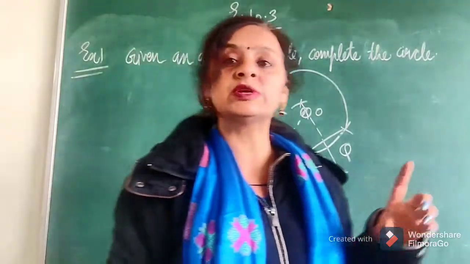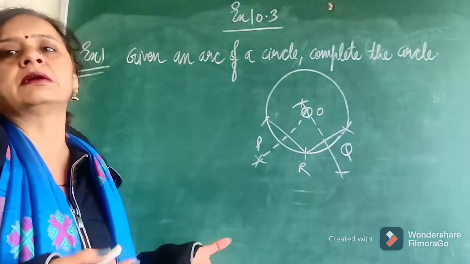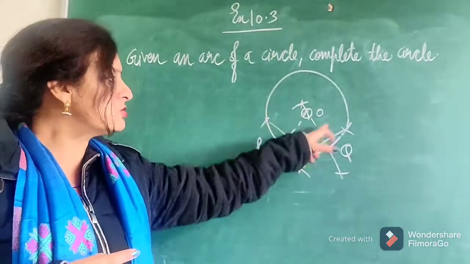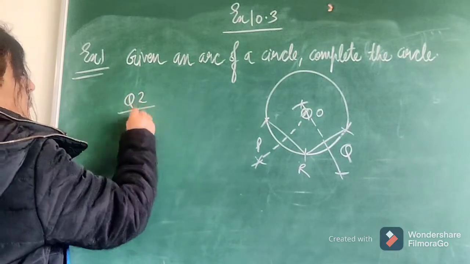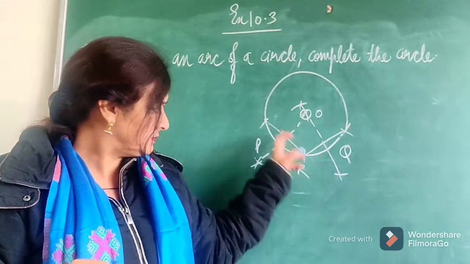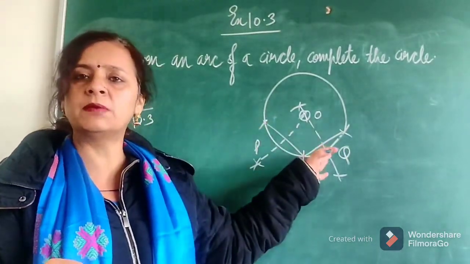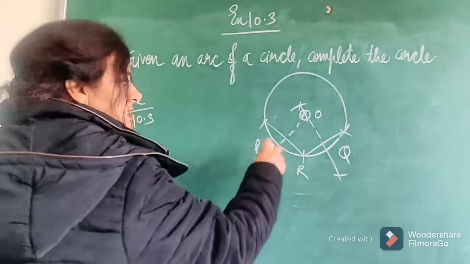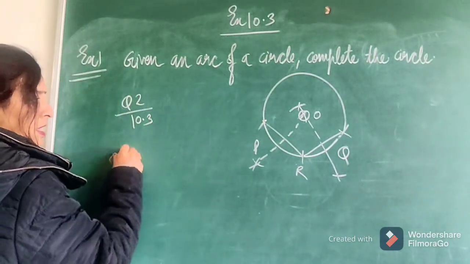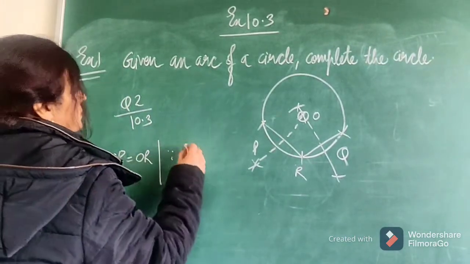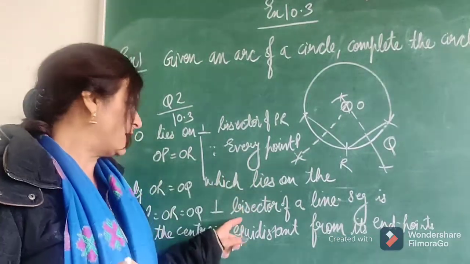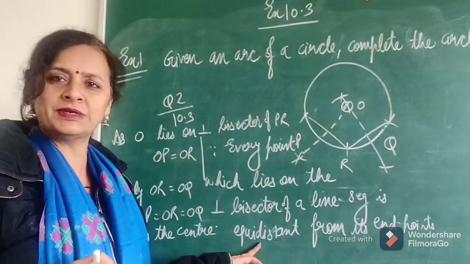Now in this exercise, question number 2 is also there. Given a circle, how will you find its center? Take a circle, take 3 points on it. Question number 2 of exercise 10.3 uses the same method. Given a circle, take 3 points on it, join them with line segments and find the perpendicular bisectors. Since O lies on the perpendicular bisector of PR, therefore OP is equal to OR,